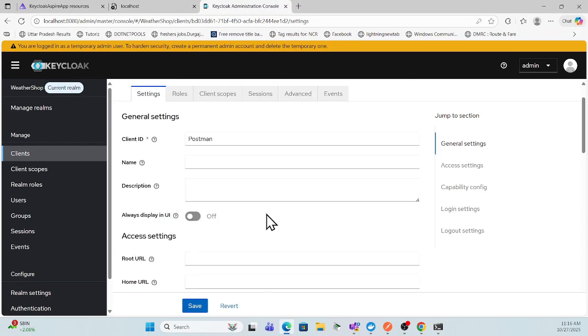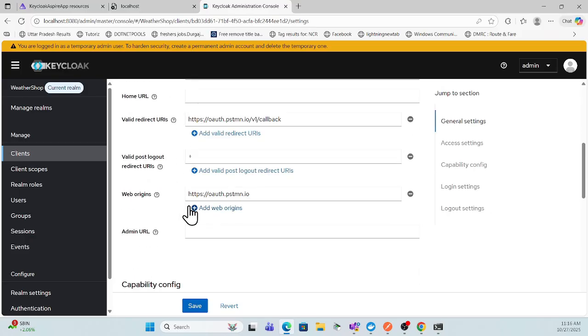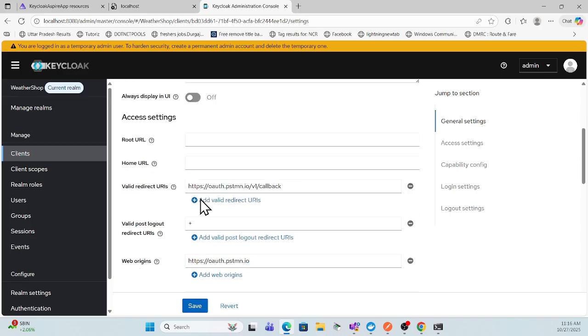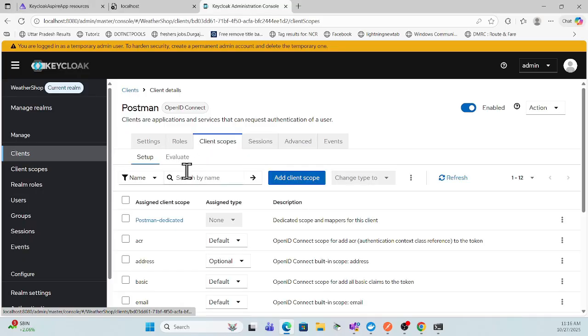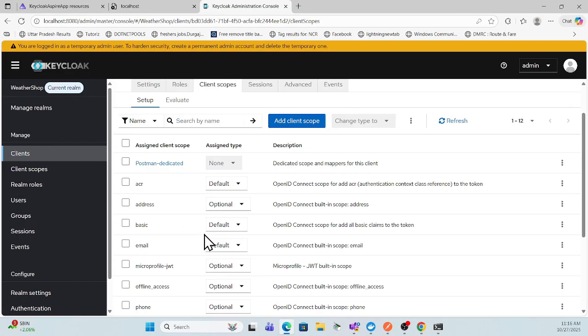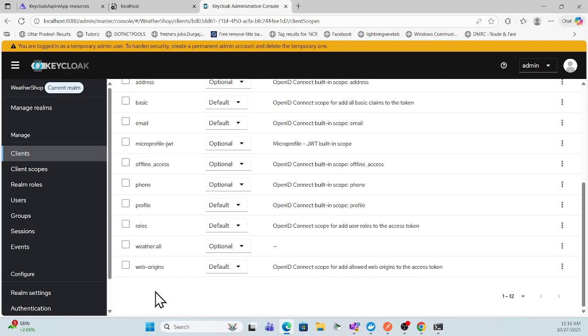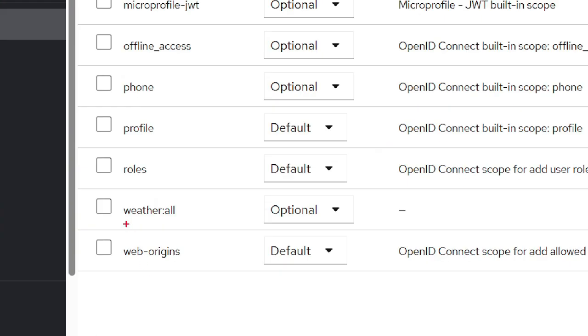Okay, so this is for that Postman setting, so you have to do that. If you do that manually, while you think, okay, I want to generate a token using that Postman, this setting you have to do for the Postman client. And if you go to that client scope, these are the scopes actually, under here also we have to add that client